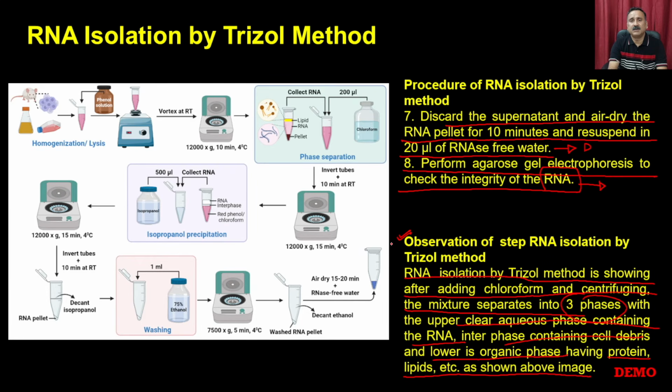Although we have shown the steps with the help of a simple system like the prokaryotic system, it can be replicated with other types of cells also. You can use mammalian cells, yeast, different types of tissue materials, or bacterial cells. The first step is where you prepare the cell lysate. After that, the subsequent steps remain identical, whether it is a prokaryotic cell or a eukaryotic cell. Now, once you have isolated the RNA,